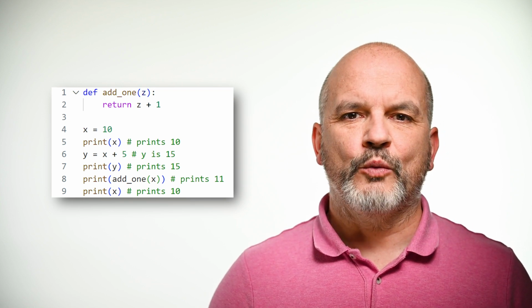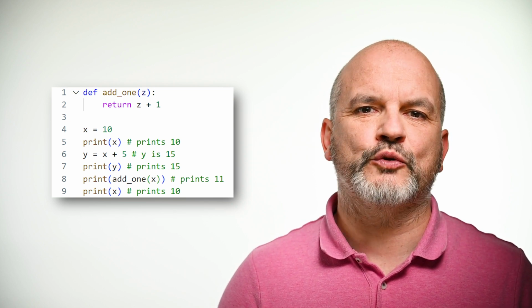First, we need to define what a global variable is. Global variables are variables that are defined within a module but outside any function and can be accessed by any part of the code in that module. For example, let's say we have a global variable called x and we assign it the value 10. Now we can use x anywhere in our code and it will always have the value 10 until we assign it another value. For example, we can print x, use it in a calculation, or pass it as an argument to a function.